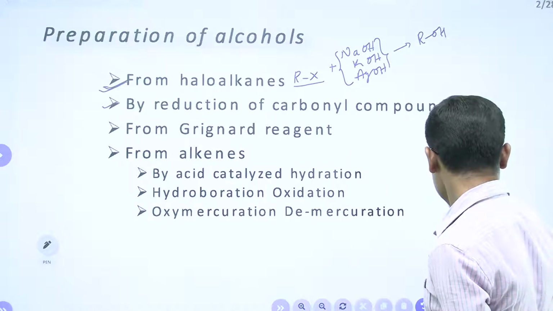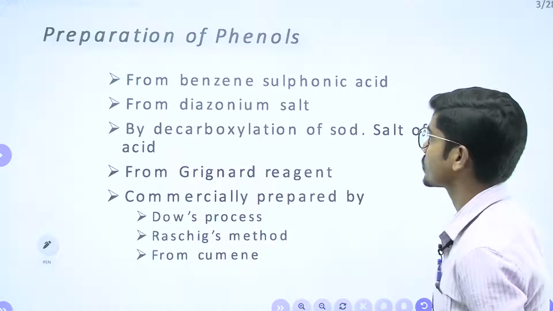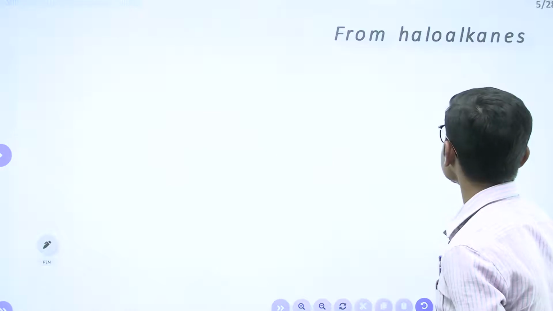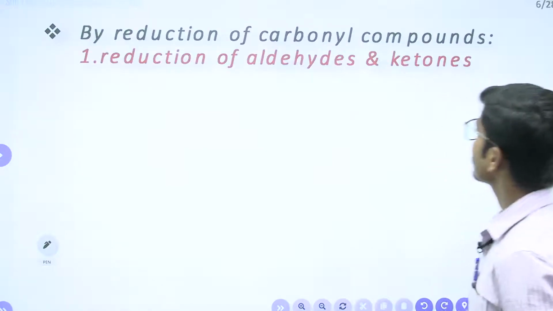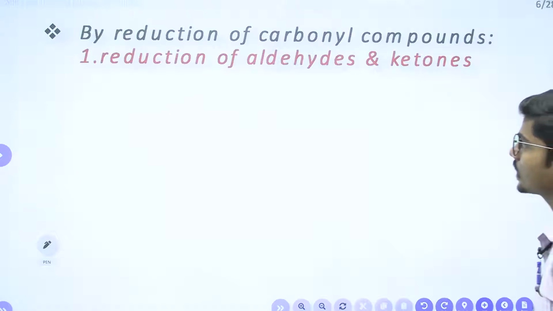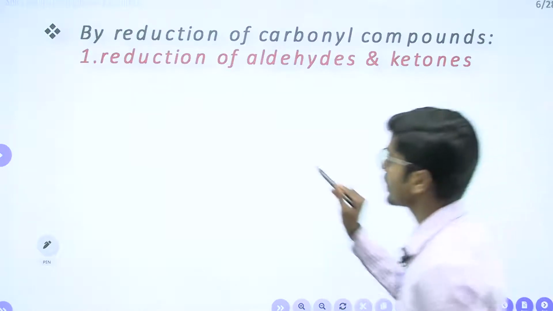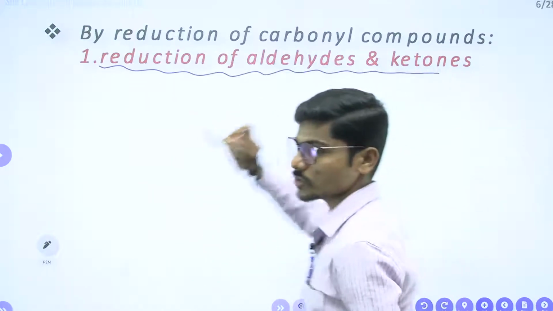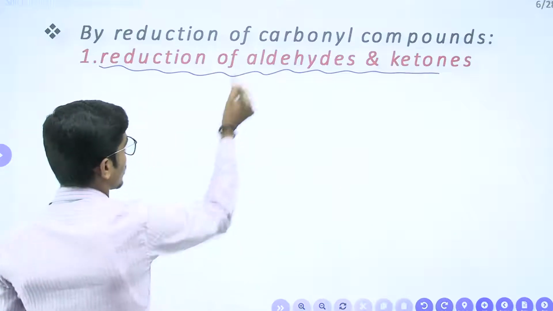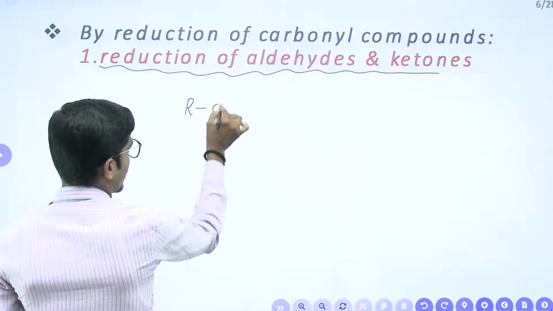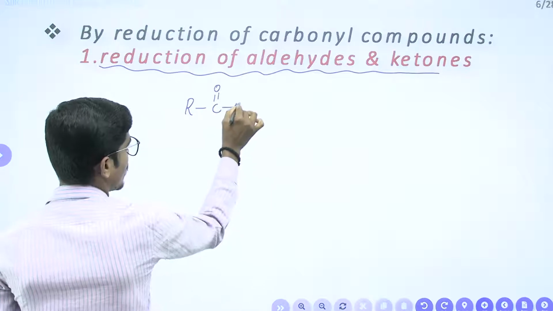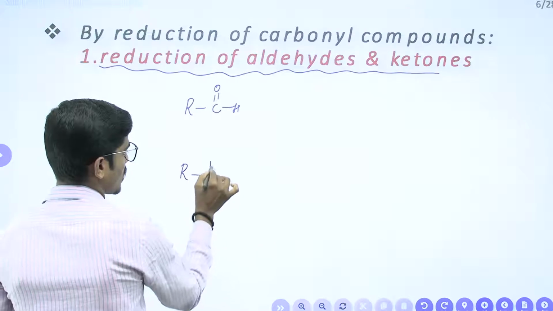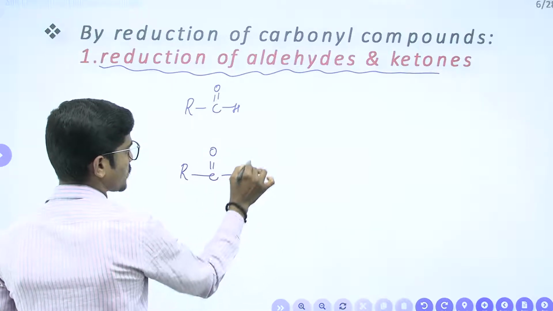The next one is the reduction of carbonyl compounds, in that, the reduction of aldehydes and ketones. I think this is also finished. The reduction of aldehydes and ketones we covered in the last class. When any aldehyde or ketone, aldehyde meaning the last group is H, and ketones being RC double bond O R dash,